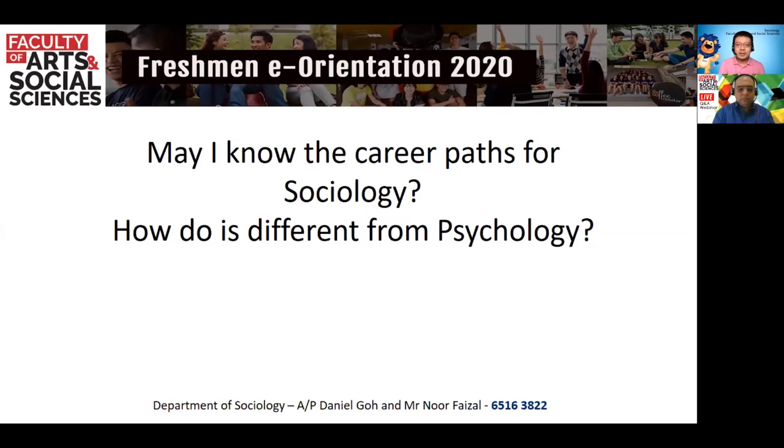But more specifically, in terms of the students that we have seen so far, who have graduated from sociology and have gone into different career paths, I will divide them into 3 paths. One would be the private sector, second, public sector, and the third the NGO sector. Increasingly, more and more students are moving into the private and NGO sector, and fewer into the public sector. It used to be something like 3/4 in the public sector, but it's becoming more like half and half. Half for public sector and half going to private and NGO sector.